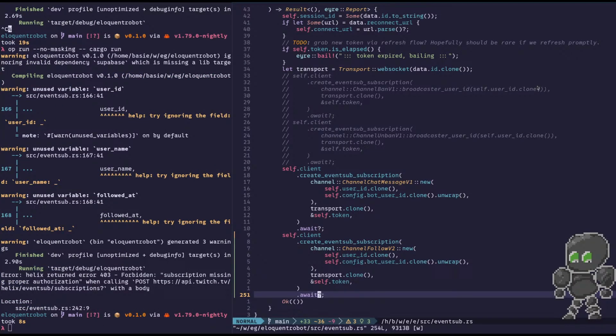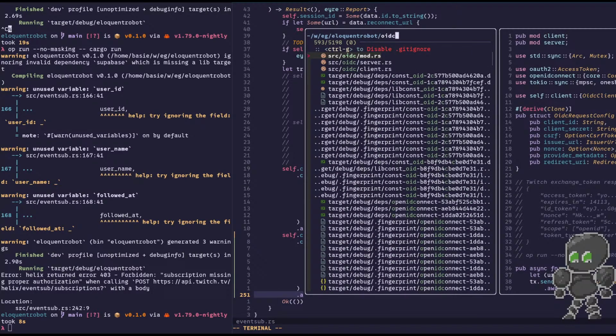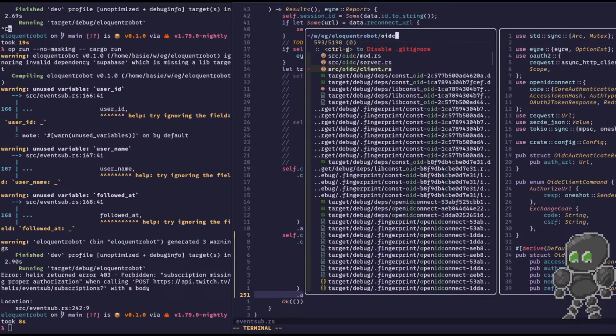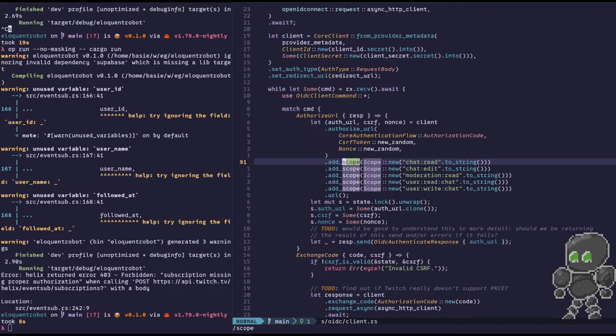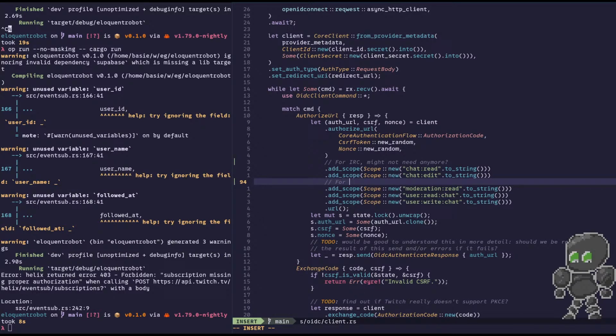Yeah, 403. All right, so that means I haven't requested the right scopes. So we go to IDC. Maybe client, I can't remember. Yep, here we go. Moderation read, user read chat, user write chat. Those two are for IRC, so for IRC might not need anymore. For EventSub, Helix. All right, so what do we need for,